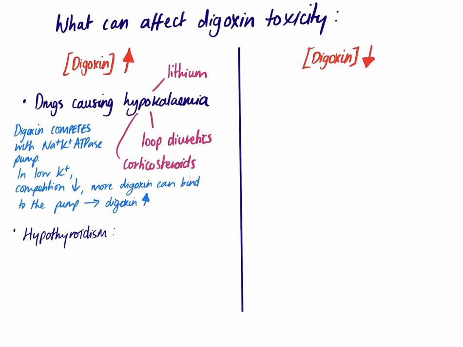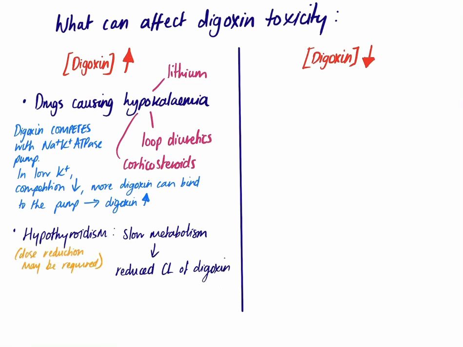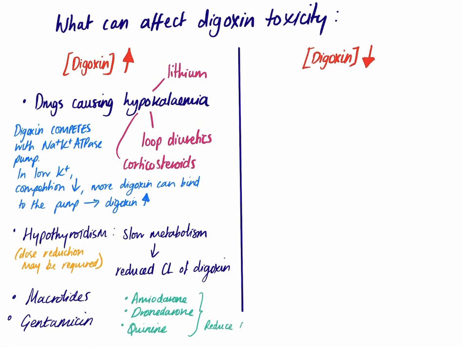Hypothyroidism also slows down metabolism in the body, therefore there's a reduction in clearance of digoxin. So less clearance means digoxin accumulates in the body. Therefore, dose reduction may be required in hypothyroidism. Other things that affect digoxin are macrolides and gentamicin. The drugs written in green also interact with digoxin, and the digoxin dose needs to be halved when these drugs